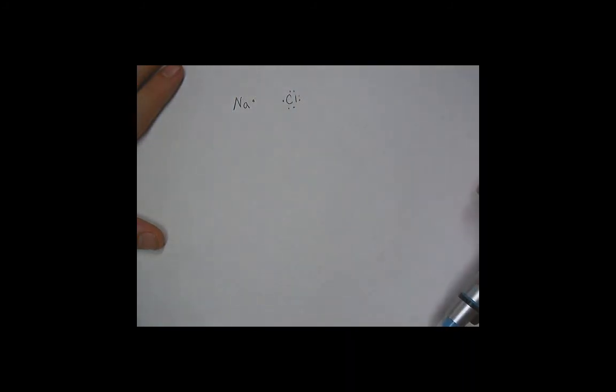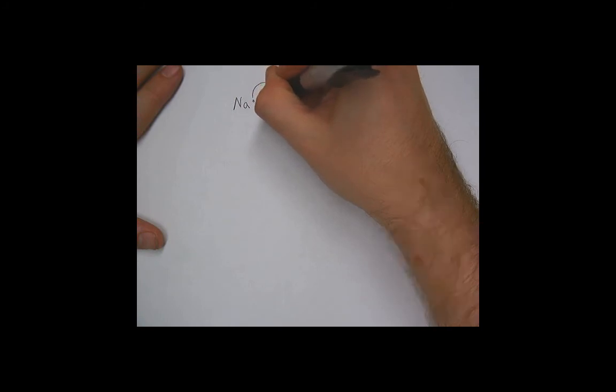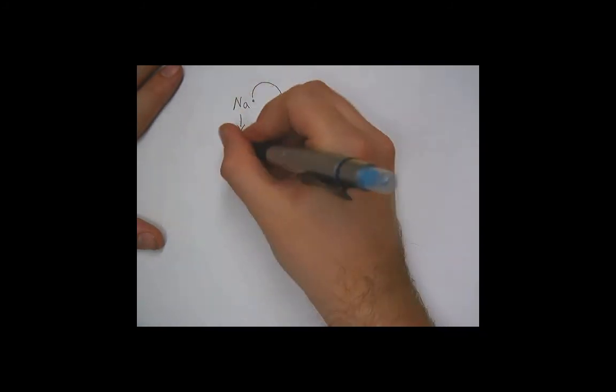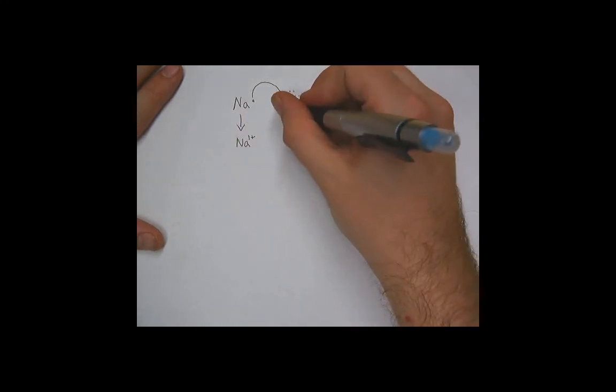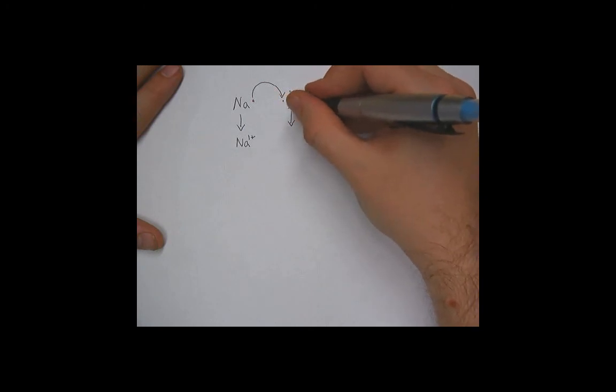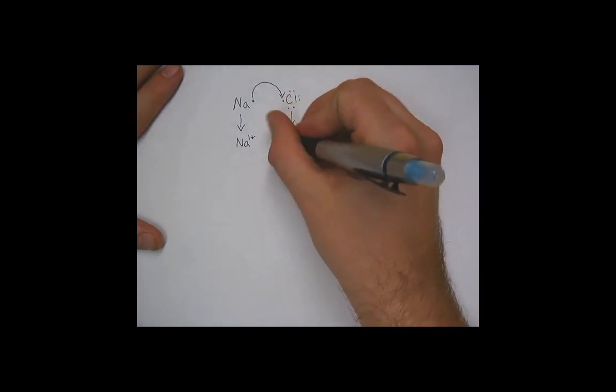And we said that they need to satisfy their octet rule. In particular, the best way for these two atoms to satisfy their octet rule was to transfer 1 electron from one atom to the other. This leaves sodium without any valence electrons, and it becomes sodium 1+. And chlorine, instead of having 7 valence electrons, now has an 8th valence electron, and so